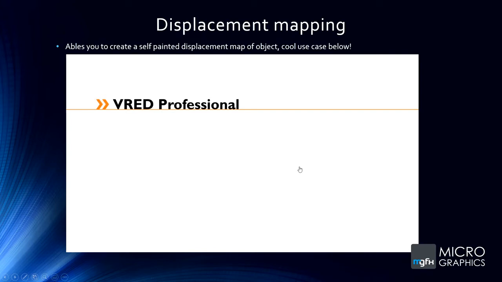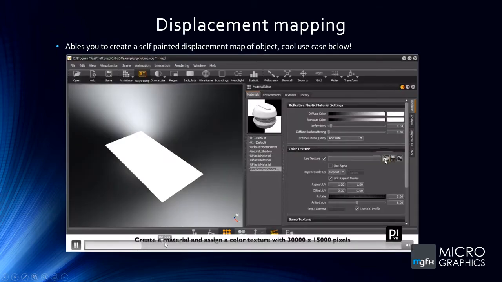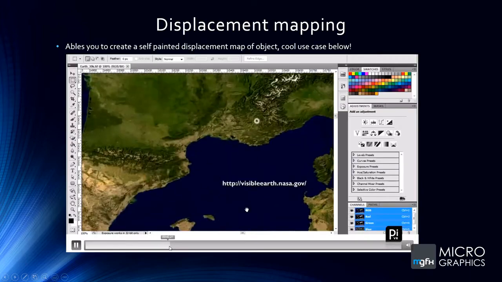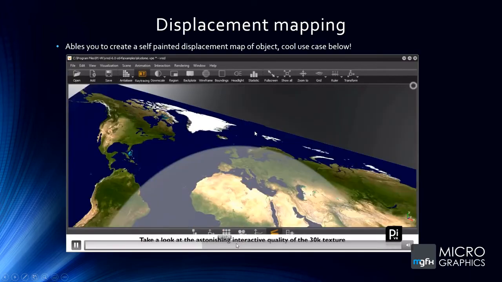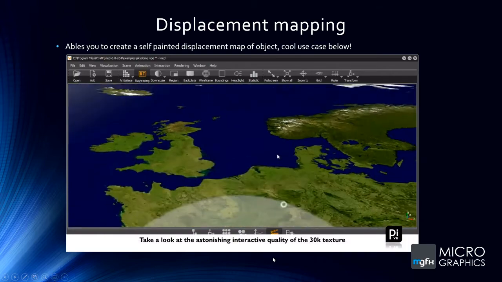One of the other things that I thought was really cool, and I saw this really cool VRED professional case that I've got here, is a way of using displacement mapping. Now, normally people use displacement mapping for things like textures, etc., and it's very cool, but I found this and I thought it was a really cool idea as to what they've used here. So what they've done is they've gone to basically NASA, grabbed a file,